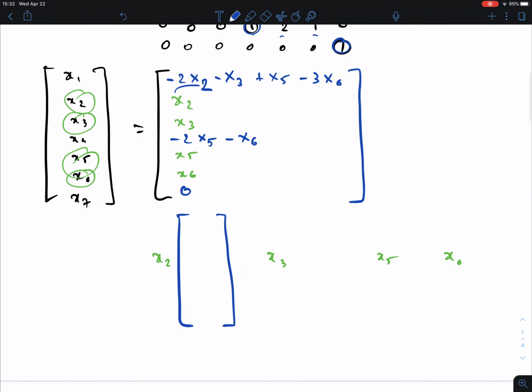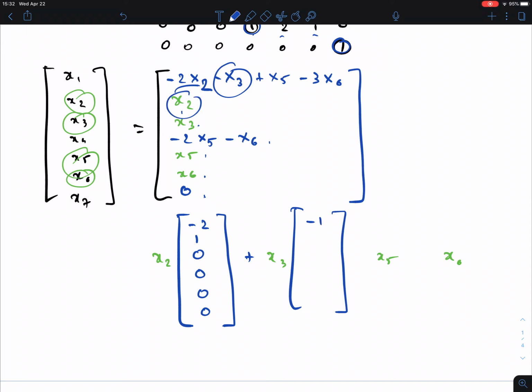So minus 2x2, so we have a minus 2 there. The x2 coefficient here, there is no x2 there, so that's a 0. Here, there's nothing there, and this one, and this one, and this one. None of these have x2 in it, so it's all 0. Plus, so now we do the same for x3. There's an x3 here, so that gives minus 1. There's none here, so we shouldn't circle it, right? There's none there, so that's a 0. There's 1 here, that's a 1. Then, there's actually nothing else anymore, if you see. The four bottom ones don't have